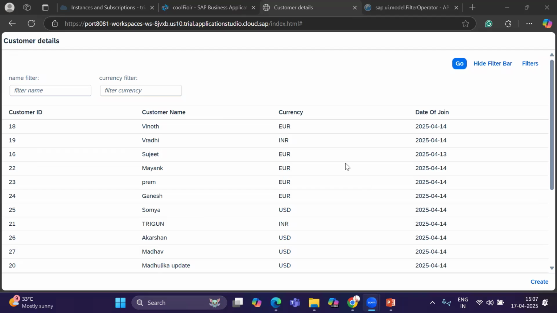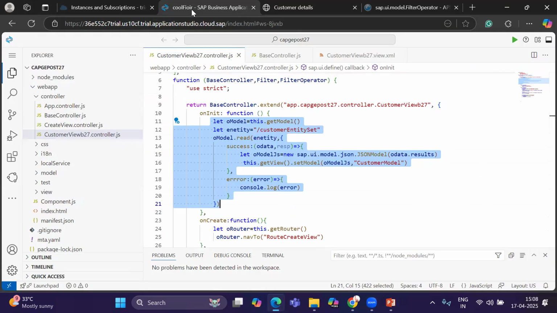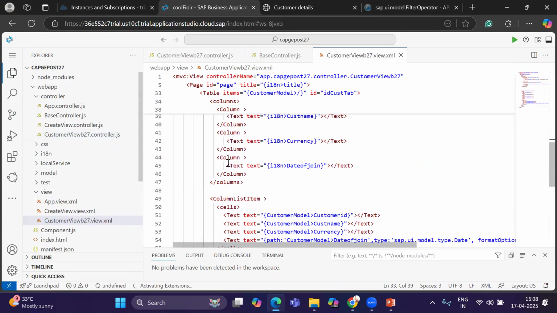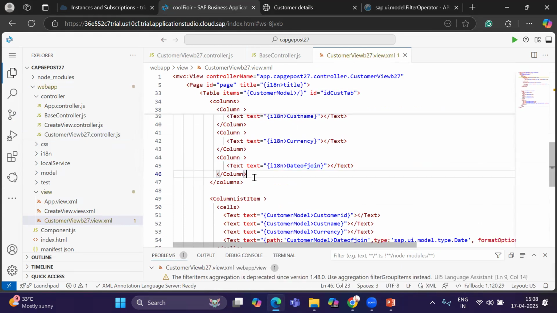All right, so we reached this point now, and now we're going to add a button over here for each of the fields. That button will show me that I can delete records. So for that, I can just come to my view, the customer view, and at the end, I will create a column, just the same column, and just paste it